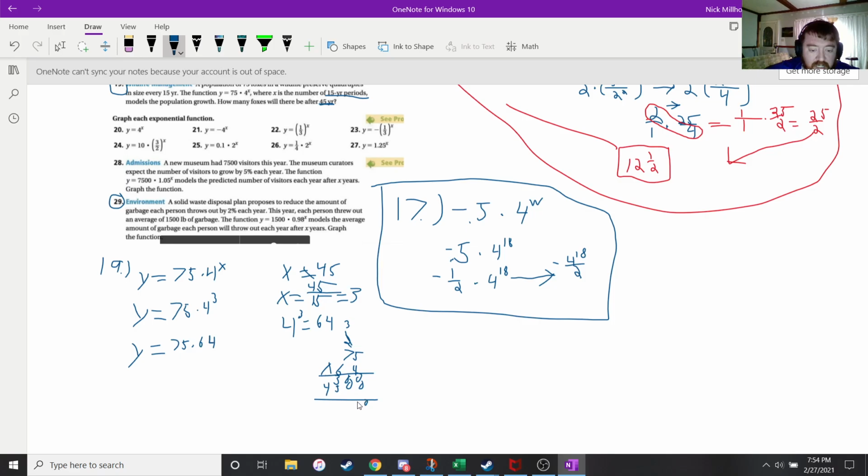Add everything together, you get 0, 0, 8. So that means that in 45 years,